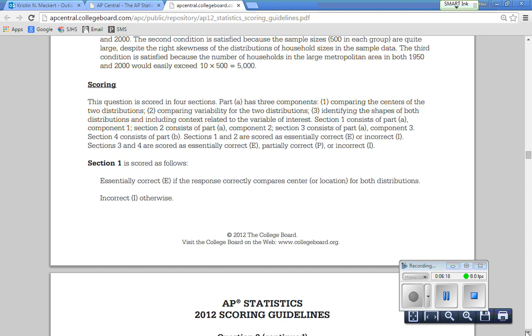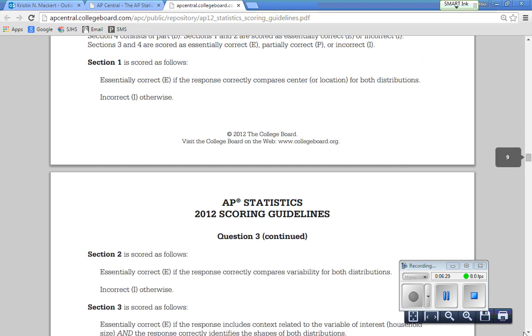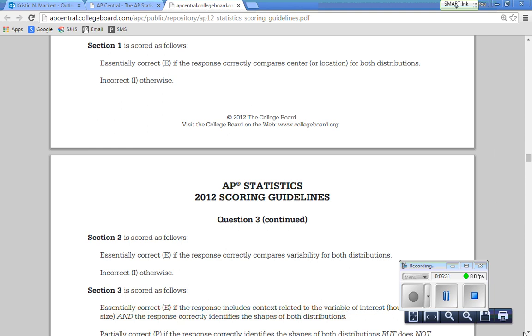So, basically it compares the center. It just says it gets an E if it compares the center for both distributions. It doesn't say it had to be the median, did it? Let's see if it gives that at the end. Maybe it does. I don't know. Okay? As long as you said one is larger than the other or that they're the same, that would be a comparison. Okay? If you said that the median household size in 1950 is approximately the same as the household size,